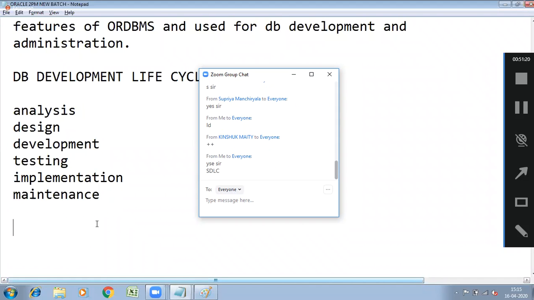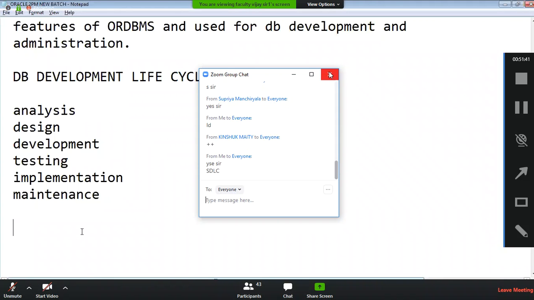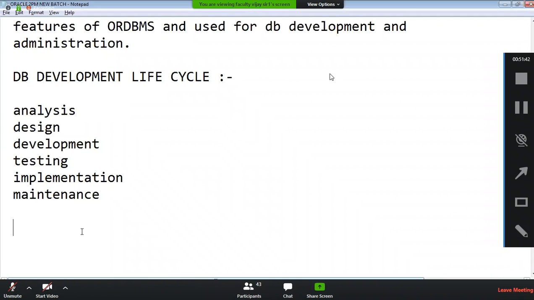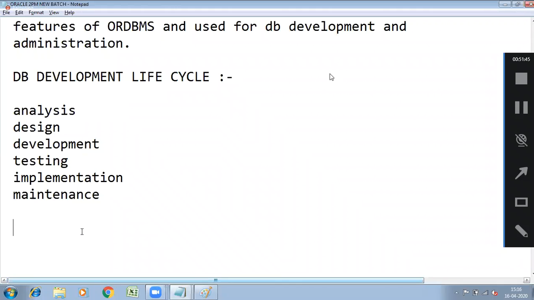These are the different steps, and they are called SDLC, the software development life cycle. But our discussion is about database development. We are not going to discuss the entire software development, only database development.